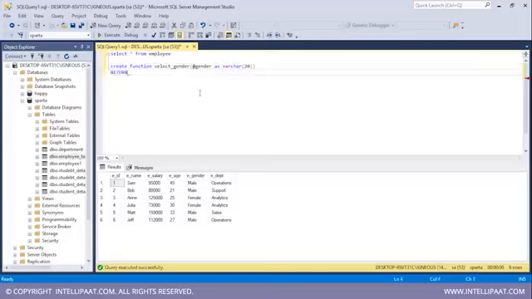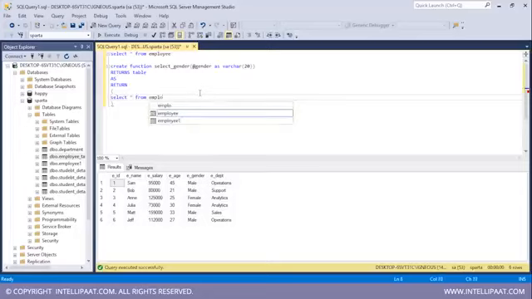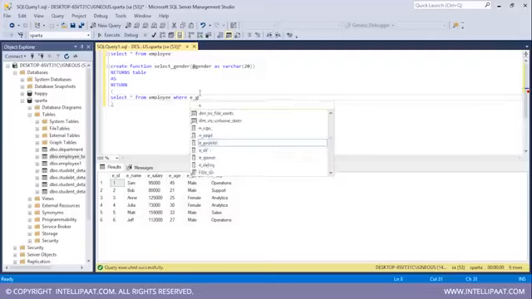After that, I'll give the returns keyword and since this is a table valued function, the return type would be table. So I'll type as return and then give in parenthesis, and inside the parenthesis, I will give my select statement. So the select statement would go something like this. Select star from employee where gender is equal to